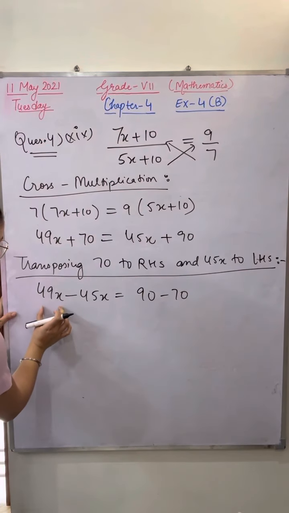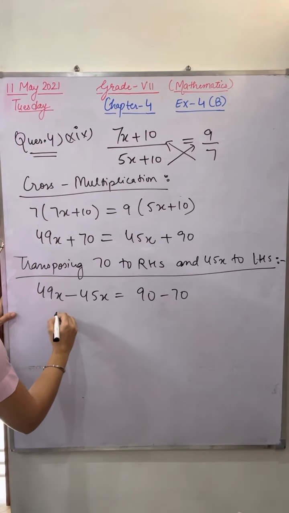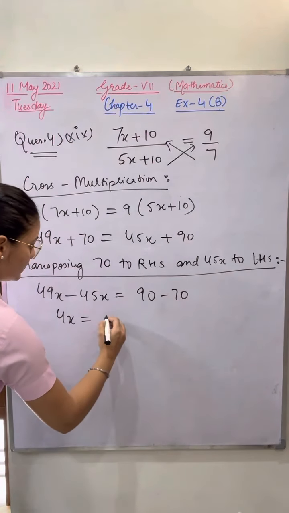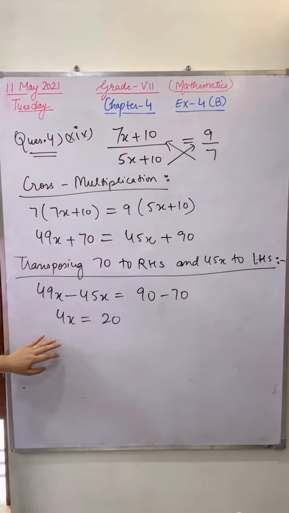Excellent. Now 49x minus 45x equals how much? 4x equals 90 minus 70, that is 20. Okay. The last step is